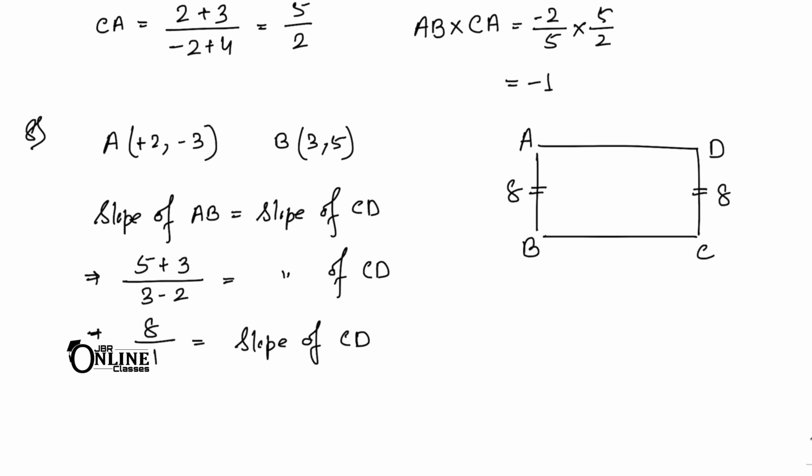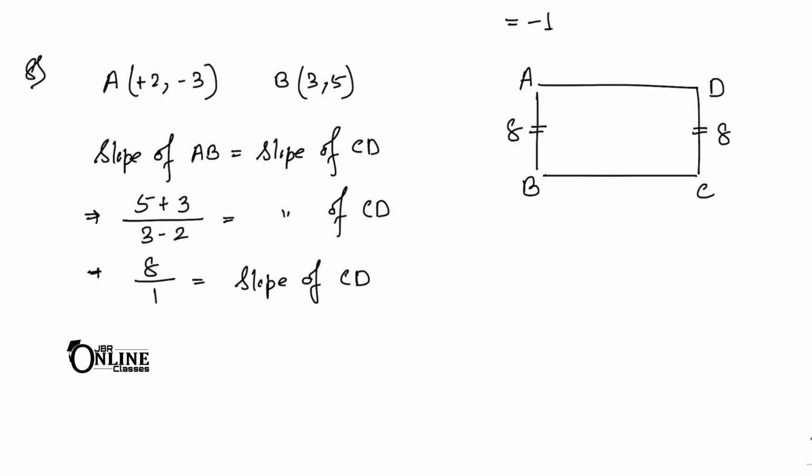Now next thing you have to find out the slope of BC. So here in the diagram, AB and BC are perpendicular to each other. So if this one is M1 and this one is M2, that means the slope of AB is M1 and slope of BC equals M2. So M1 into M2 equals minus 1. You know that. If two lines are perpendicular to each other, the multiplication of the slopes is minus 1.